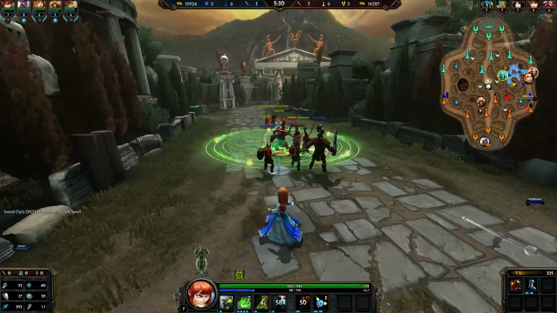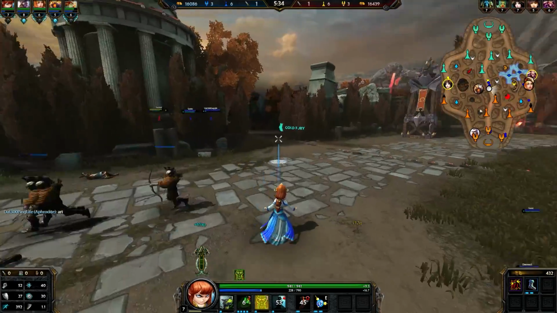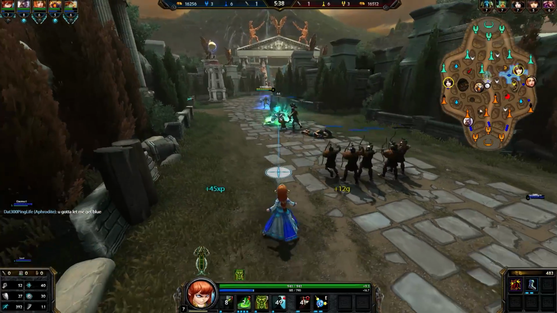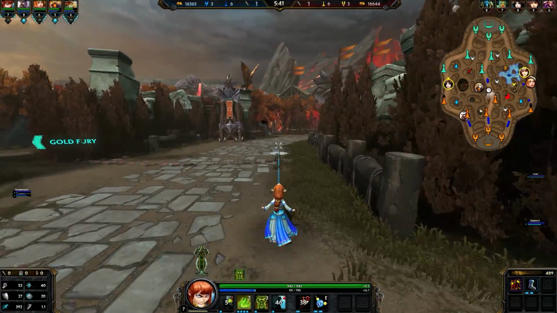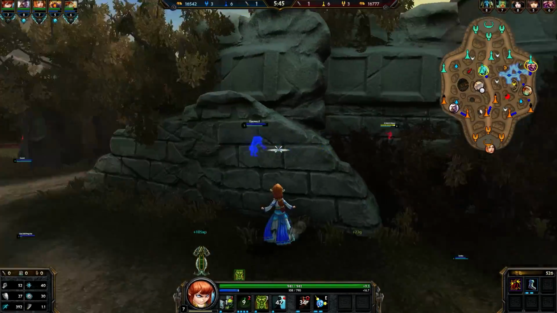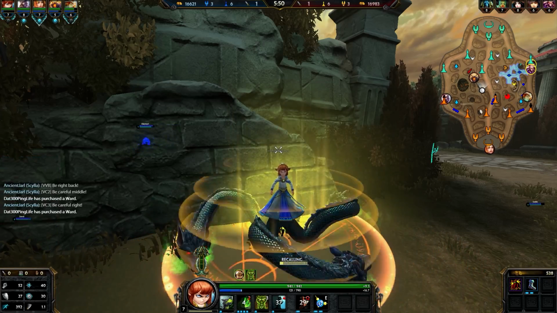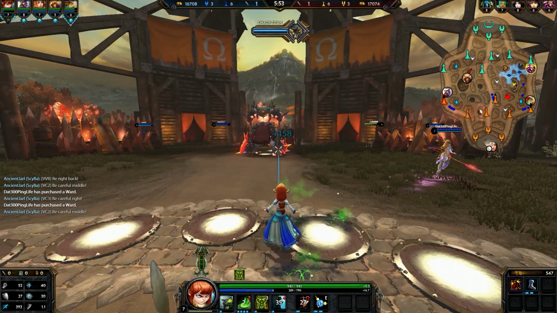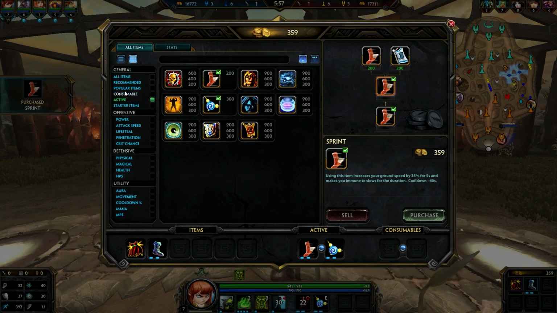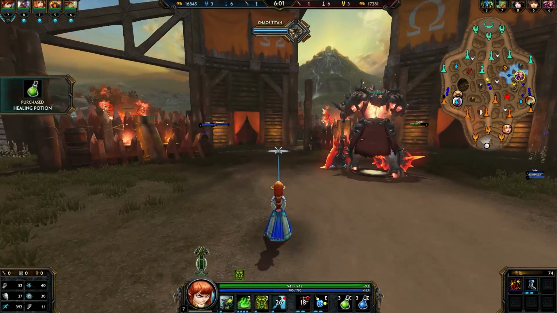Gonna go ahead and, he can get that mid camp all he wants. I'm not willing to defend that. I mean, be careful, middle. So what I meant to say, I'm going to go ahead and get another rank of sprint, and then go ahead and get health and mana pots. Just because I don't want to...